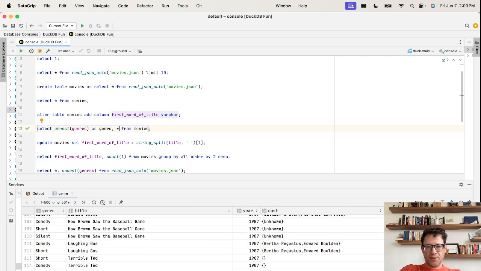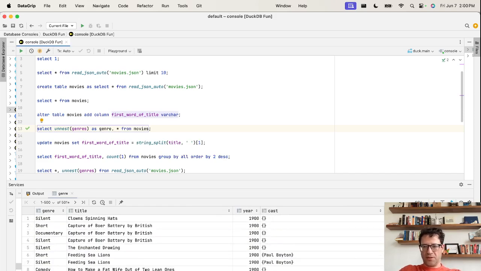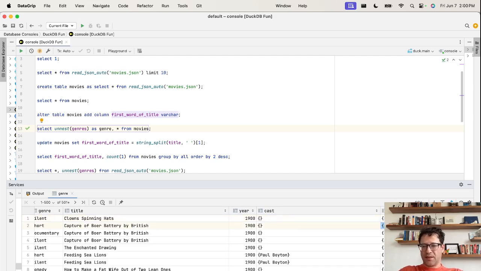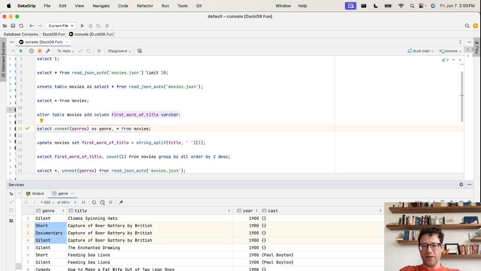If we see the genre, so this is the row, it duplicates each row, but it extracts each value in this array of a genre and then duplicates it to each row, right? So if we have something like this, short, documentary, silent, you can see that everything is exactly the same in this set of rows, except that now there's a genre column that extracted each of the values here. So without necessarily having to clean everything, right, we could do something like